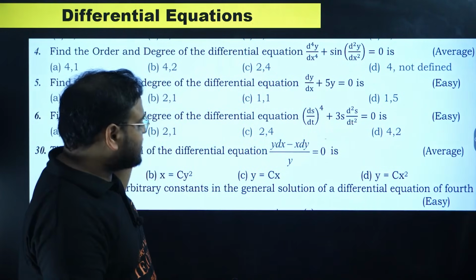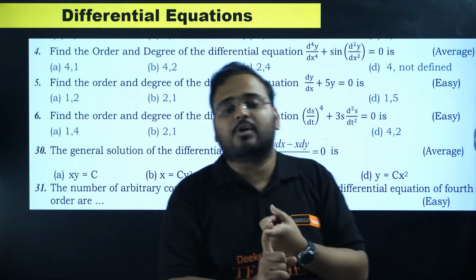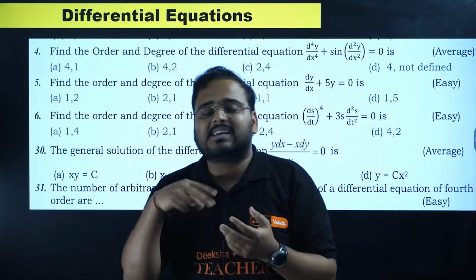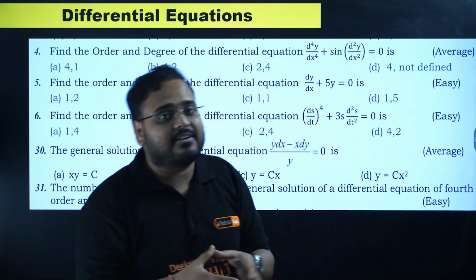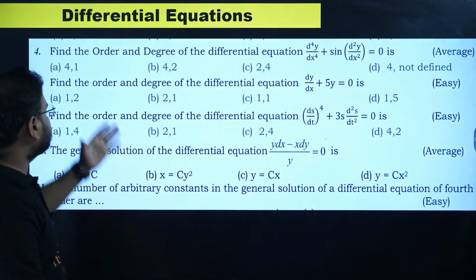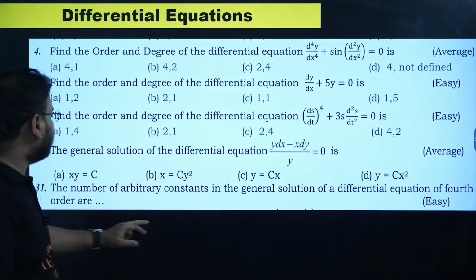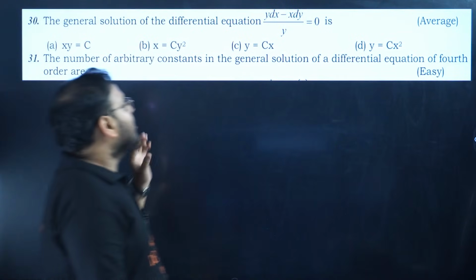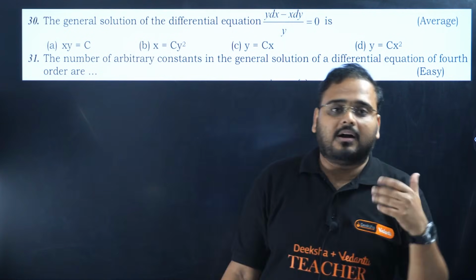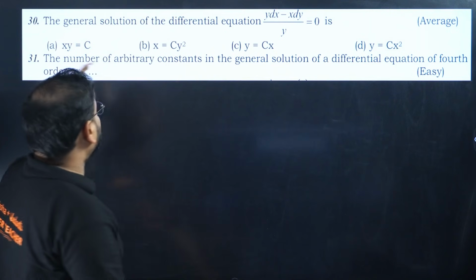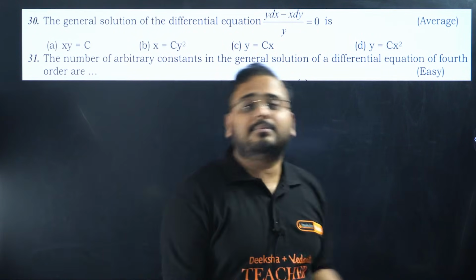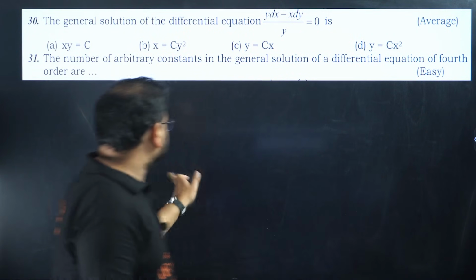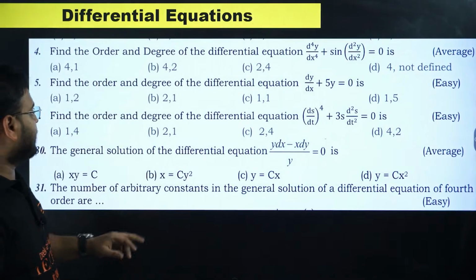Over here the questions will come of two types. One is going to be the order and degree, and second will be finding the integrating factor in the MCQ side. You can check here, the first few are only on order and degree, and the last questions are on finding the number of derivatives based upon the number of arbitrary constants, and basically also finding the integrating factor. That also can come over here. Okay, next